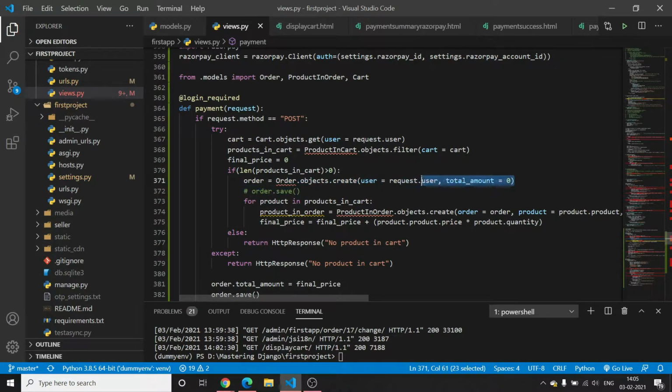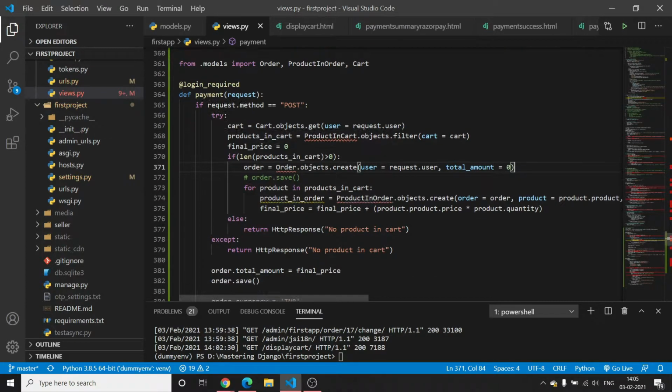Order.objects.create(user=request.user, total_amount=0), because currently the final price is 0. As soon as we iterate through all the products, we will update this total amount field. So now I will iterate